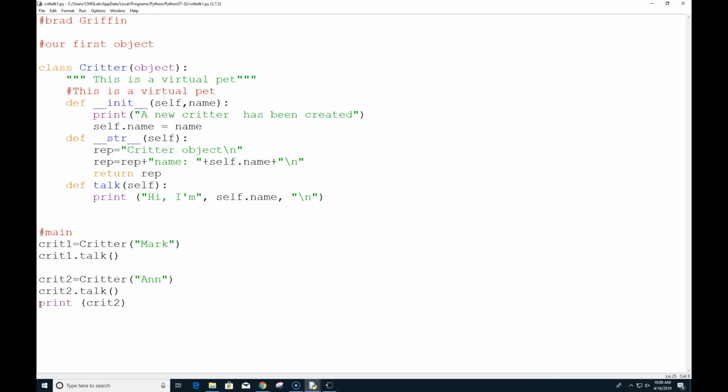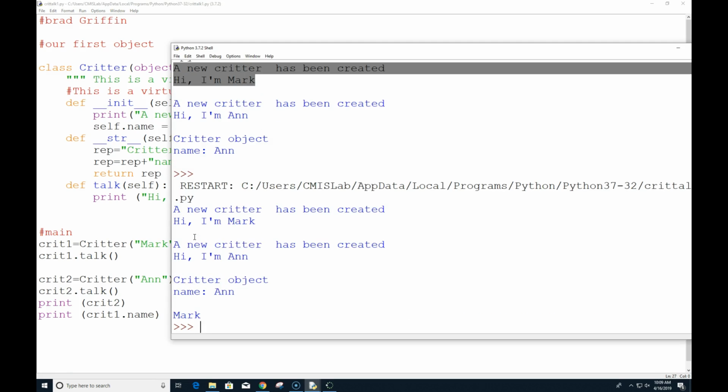We can also do, so not only can we print it that way, crit1 dot talk or name. So we know that attribute in there is called name. We can access it directly, that dotted notation. So that way we can actually reference it right away.